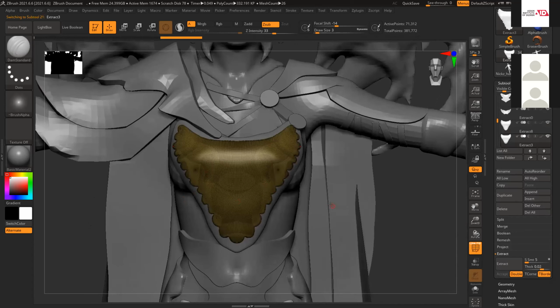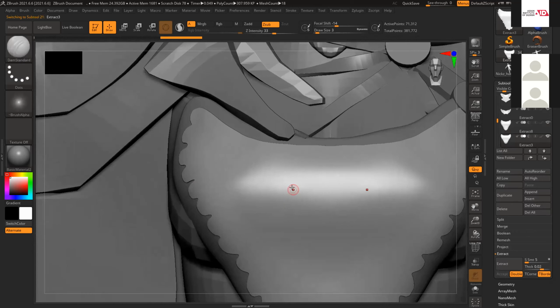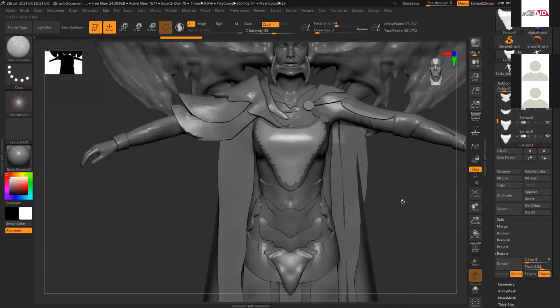Shift F, you can see, same topology. Now, if I want, I can add detail on this. Extract basically creates a new model, a new subtool. You can see there's a separate model.